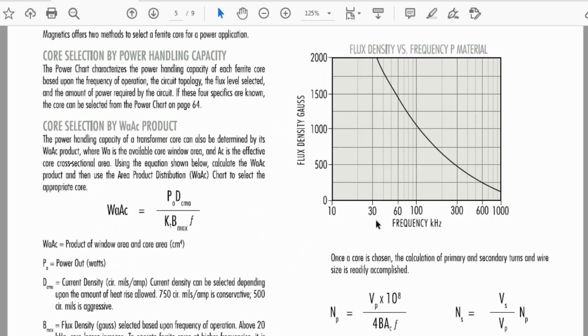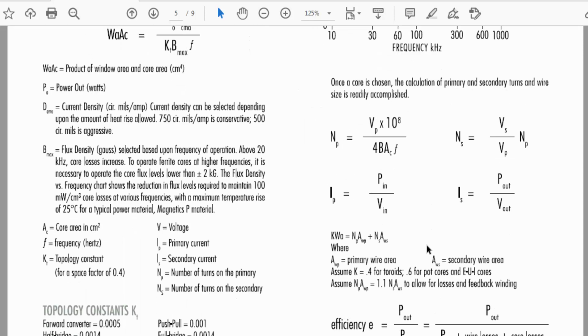In this chart at 30 kilohertz, 60 kilohertz, this is flux density versus frequency for P material. You have to look at the chart for the selected type and material, then select a core and then calculate. This is a generic formula.